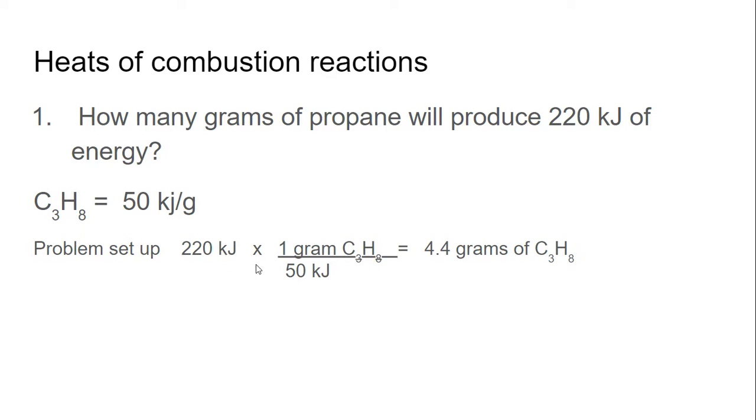Put that number in front. Now what happens most times, students will put 50 over 1, but the units won't cancel. So we reverse this. And so we put the 50 kilojoules on bottom so it cancels out. And then we'll end up with grams on top. And if it doesn't make